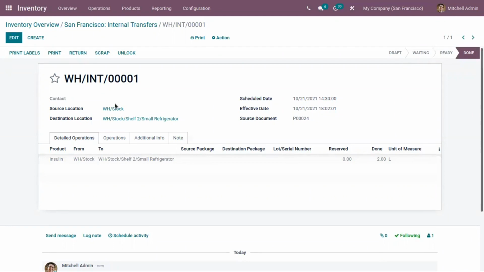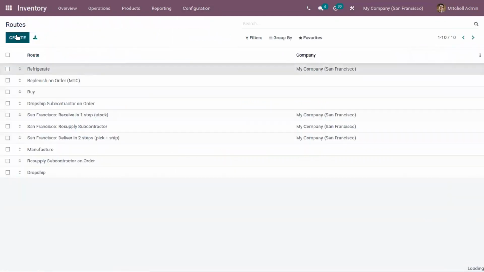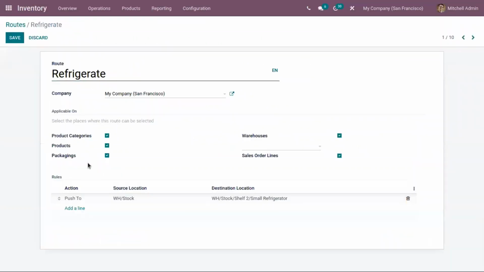And we can do this automatically by changing the configuration of the route. So here for the rule, you can set the automatic move as automatic no step added.